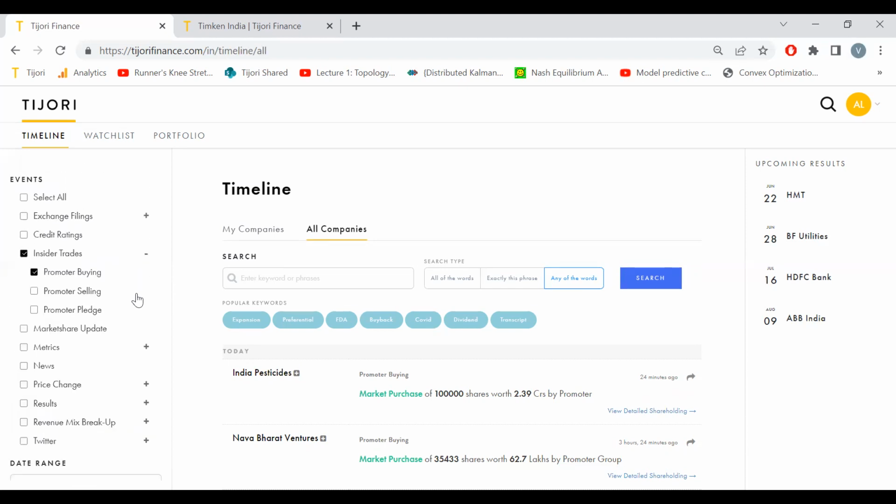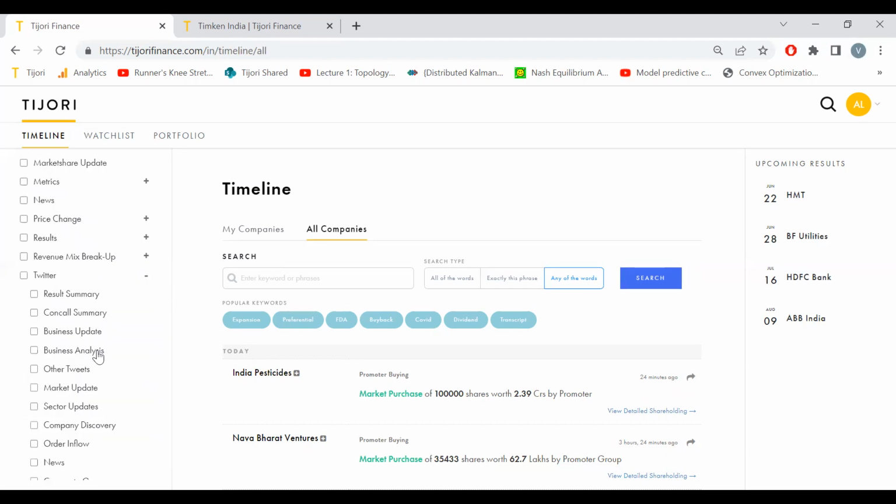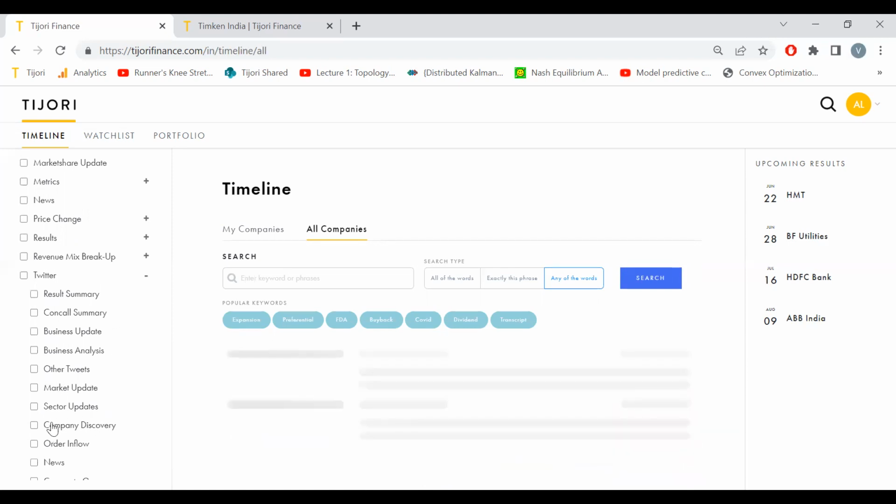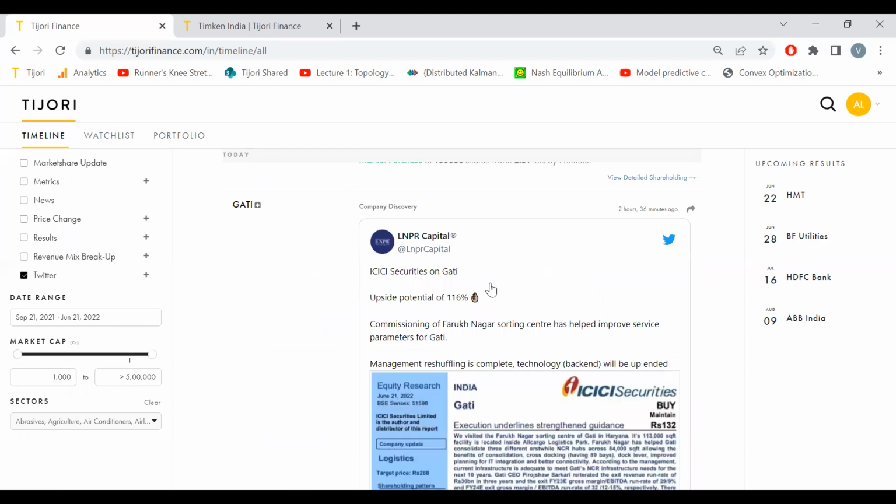Okay. Another thing I do for discovery is Twitter is a great source to discover companies. Might not be the best place to take research ideas from, but definitely company ideas. I have got a lot of ideas from Twitter. We have sort of run an engine to classify tweets. If you click on company discovery inside Twitter, so let me just do that. So, okay, you will get this.